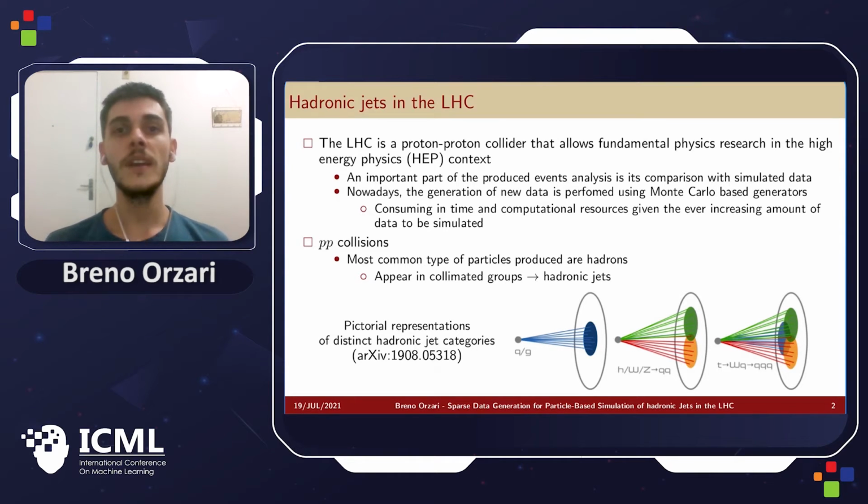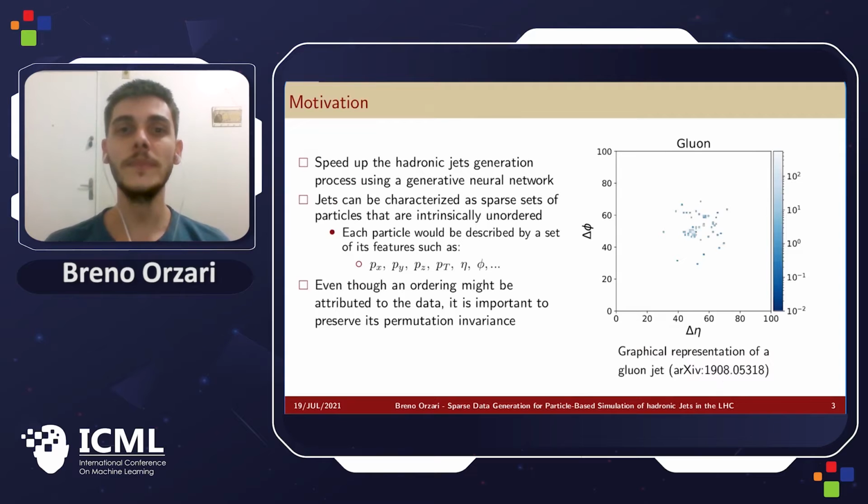resource consuming. In pp collisions, the most common kind of produced particles are hadrons that are mainly found inside final state objects called hadronic jets, that are sets of particles collimated in a given region of the particle detectors and account for a portion of the event simulation. The motivation for this work then is to speed up the simulation of hadronic jets using machine learning-based methods such